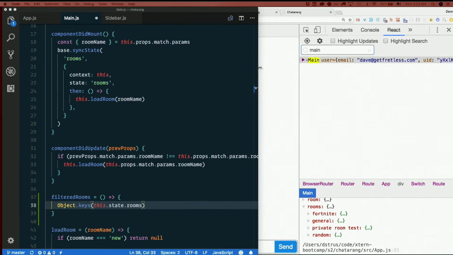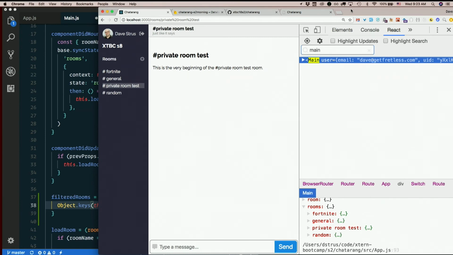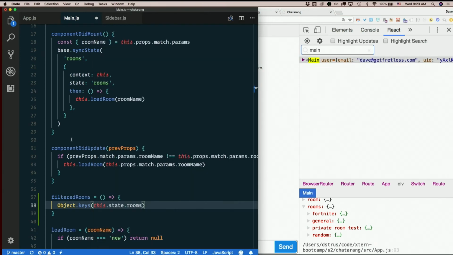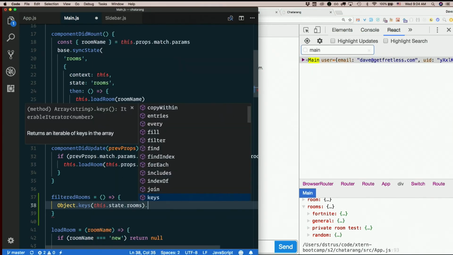So have we used filter before? Okay. So we've used forEach, we've used map, we've used find, I think, right? Which does a test, and as soon as it finds any match, it returns that. So filter works kind of like find, except it returns all the matches. It's like a combination of find and map. It goes through, runs your provided test function against every item in the array, and for every single item where it's true, it adds that to a new array. So if I say filter